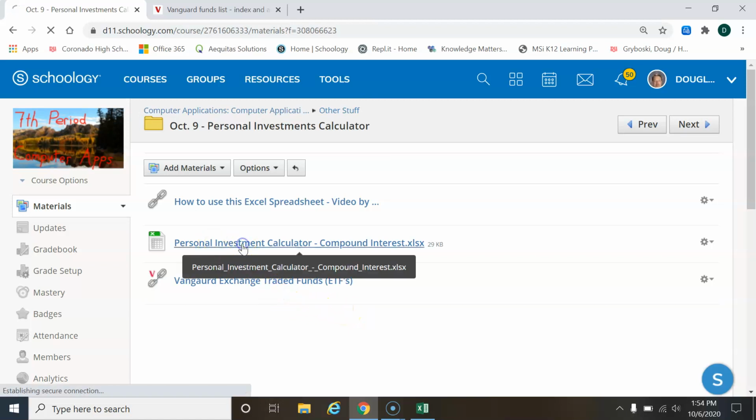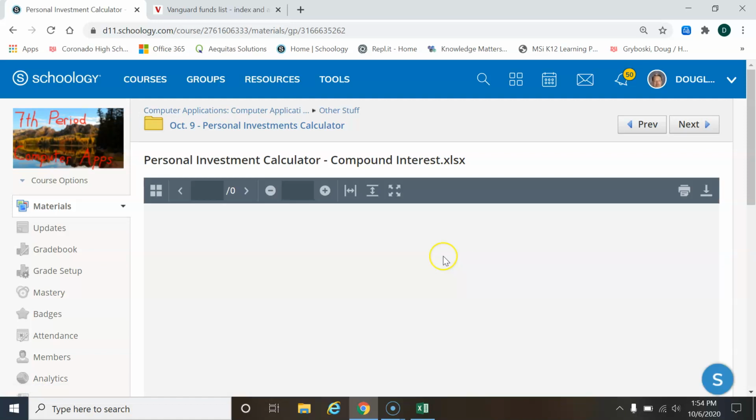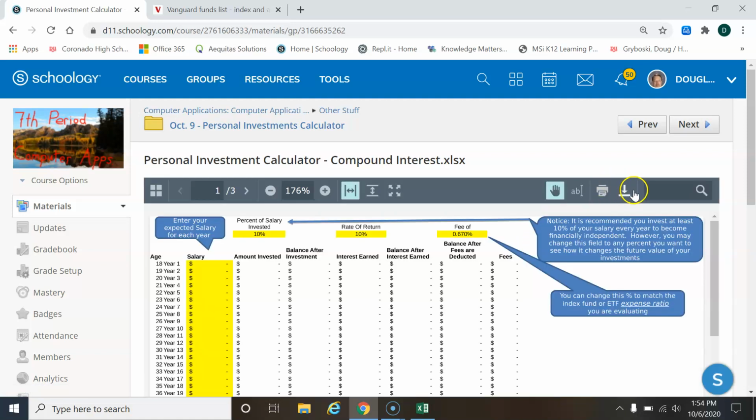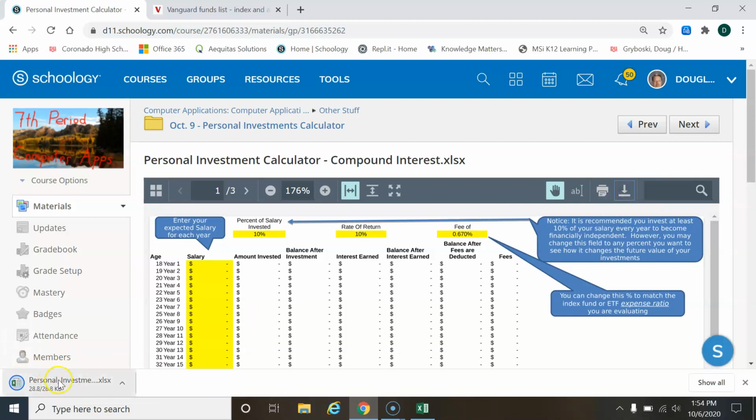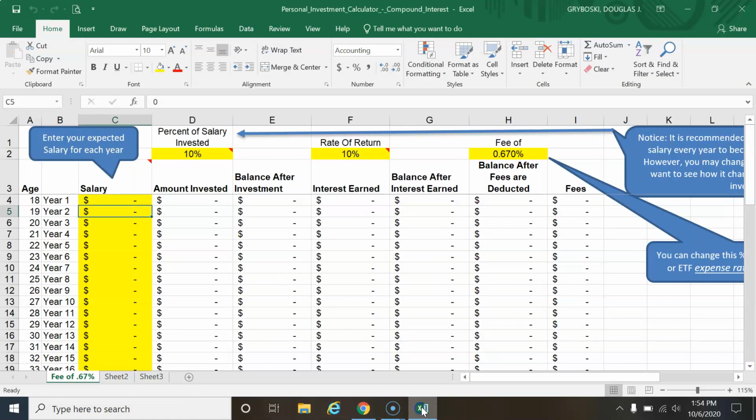Right here it is. When you click on it, you're going to have to hit this download button to download it to your computer. If you don't see this button, there's a little dot, a little option that says More. Click on that and then you'll see a download option. Then it downloads it right over here. You double click on it and then it should show up right here, so you have to click on it,